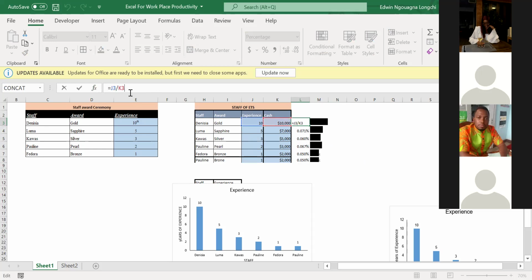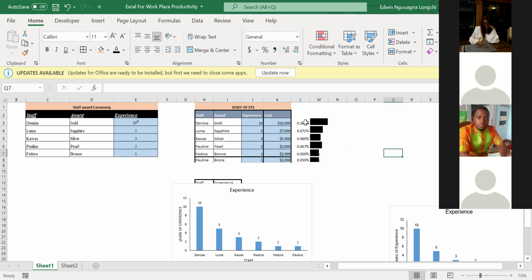So this is the formula bar, right? So when you click inside your answer and look at the formula bar, you see what was done. So it was J3 on K3, right? This J3, 10 on 10,000, and then we click on the percentage sign. So we had this formula and we autofilled to have these other ones.